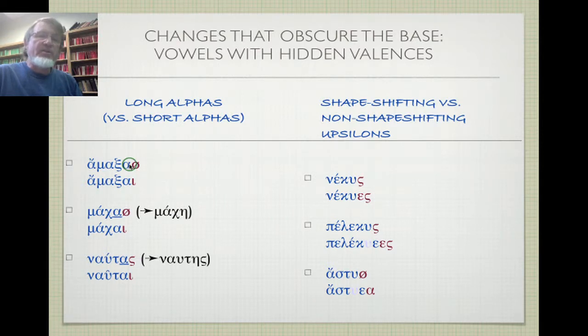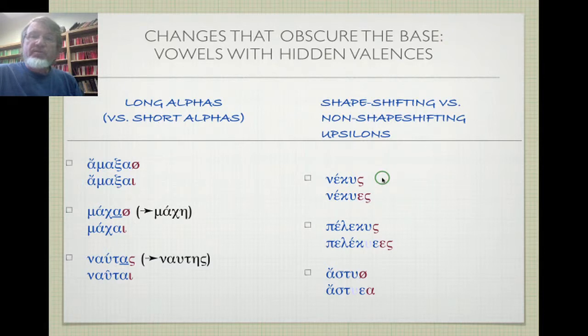Very few, maybe 5% or so of the alpha bases, and in short alphas that stay alphas. Consequently, you'll see lots of words like he, mahe, and not very many like he, amaksa. You'll notice that this alpha lengthens even in masculine words where the alpha isn't the final letter, like navdes. Okay, so alphas often lengthen. This explains why you have Athene, Athenai instead of Athena, Athenai. In some dialects, you would have Athena, Athenai, but in the dialects where